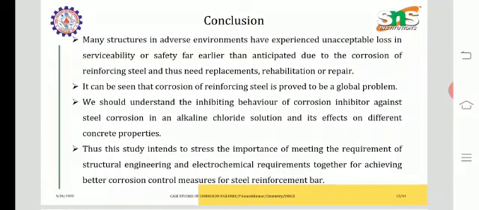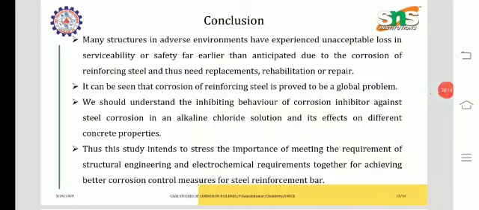So we should understand the inhibiting behavior of the corrosion inhibitor against steel corrosion in an alkaline chloride solution and its effect on different concrete materials. So we have to study the alkaline chloride solutions. Even with the inhibitors present, the alkaline chloride solution can cause some problems. So we have to study this alkaline chloride solution so that we improve the property of the corrosion inhibitor. With the improvement in the property of corrosion inhibitors, we can improve the strength of the